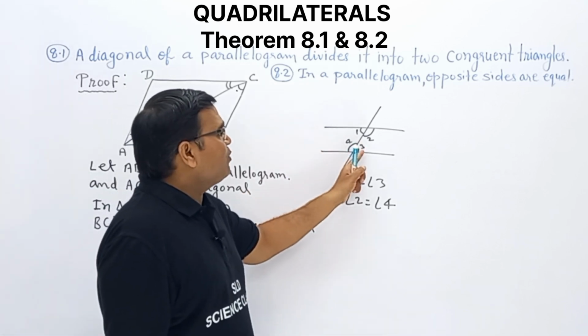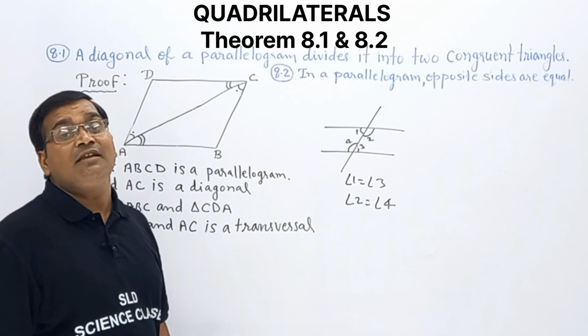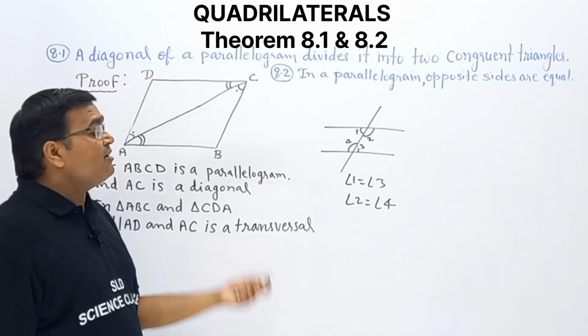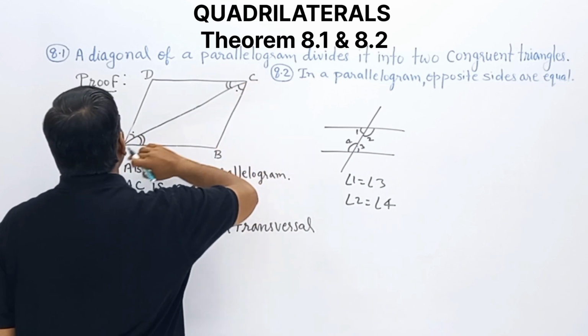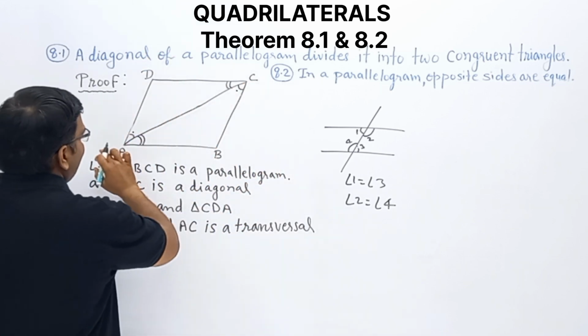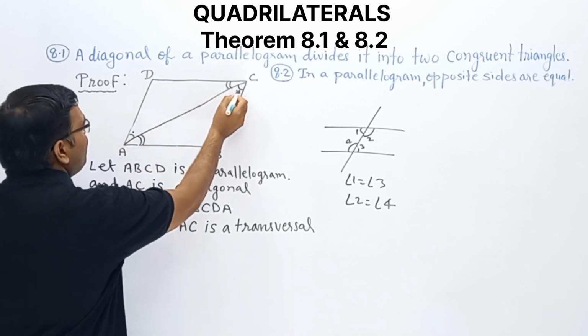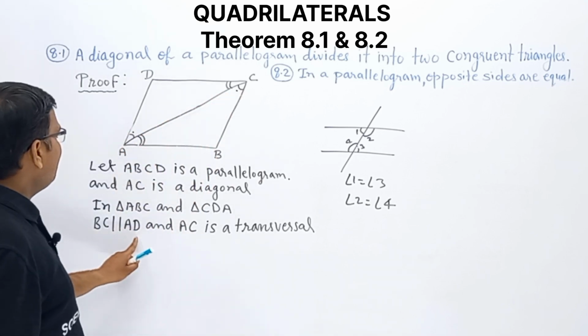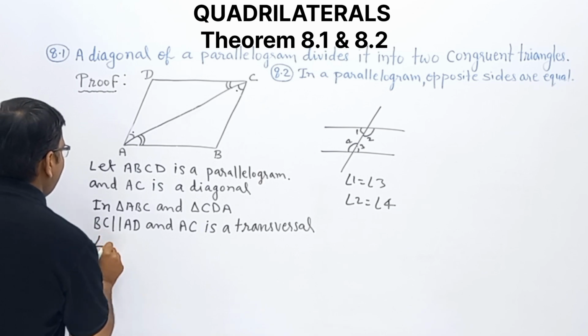These are alternate interior angles and alternate interior angles are equal. So once we consider BC and AD as two parallel lines and AC as transversal, then this angle will be equal to this one. So BC is parallel to AD and AC is a transversal. Then we can say